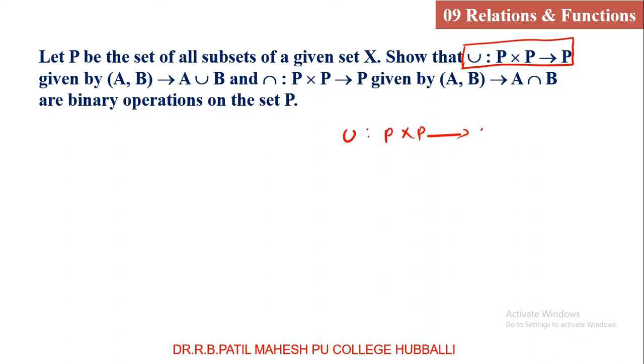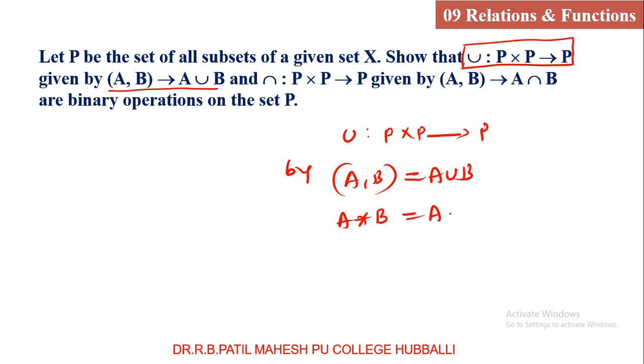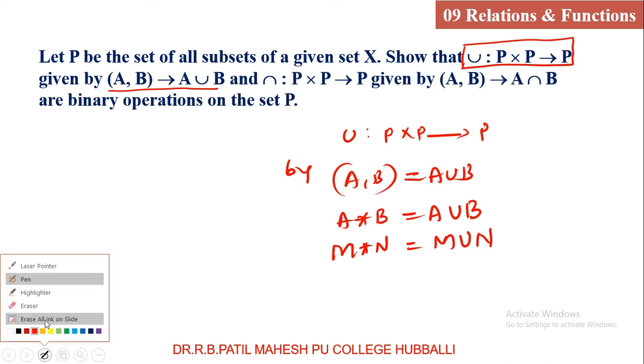It means that it is given by, you can observe, the given ordered pair (A, B) is nothing but A union B. If I take the operation, capital A star capital B is equal to what? What is the operation that you have to do? A union B. If I take M star N in this example, it means that M and N are two sets. Between two sets, the operation is union. So M union N. So this is the basic condition that we should know. Let us have the solution.